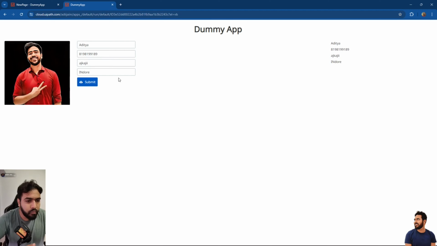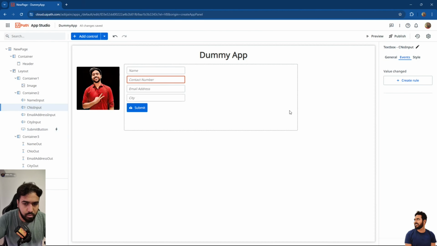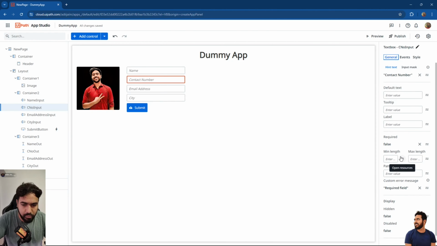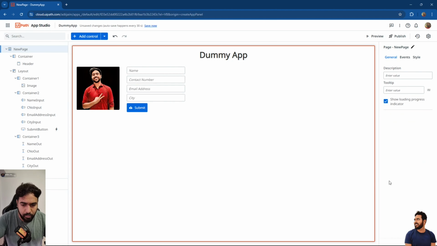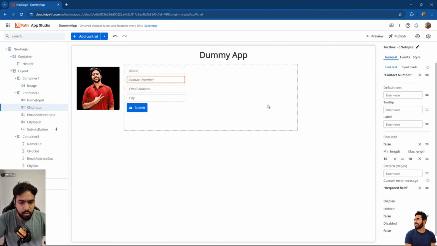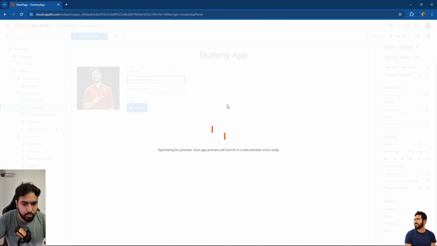Moving ahead, the first thing I want to do is this: right now we can enter n number of digits, but I want to put a limitation here that it should be only 10 digits. So first I'll show you that we can put some rules over here as well, saying that the minimum length and the maximum length should be 10. Okay, this is one thing. Now if I save it and click on preview,